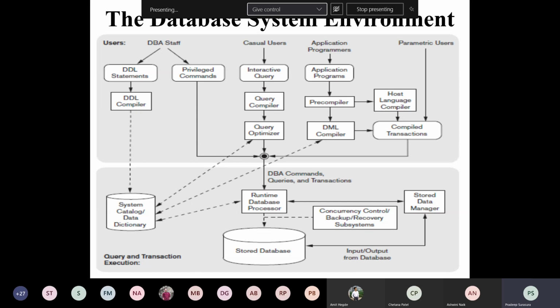Why do we require it? Just to boost the performance of the system. I want to increase the execution speed of the system, so we run the transactions in a concurrent manner. Concurrency means execution in a simultaneous mode.